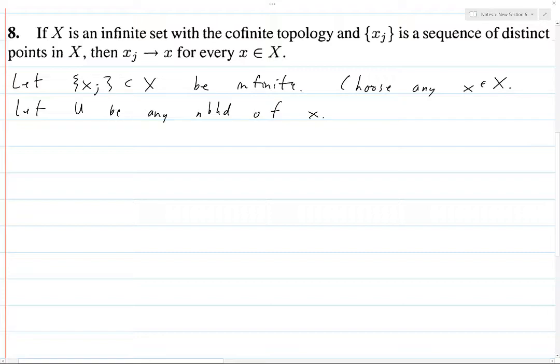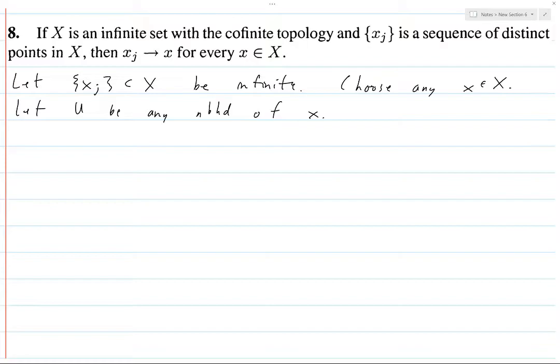Usually when I say neighborhood, I mean open neighborhood. In Folland's definition, it's pretty much the same thing, but you allow more things to be neighborhoods. But usually when you talk about neighborhoods, you use the fact that they're open to your advantage.